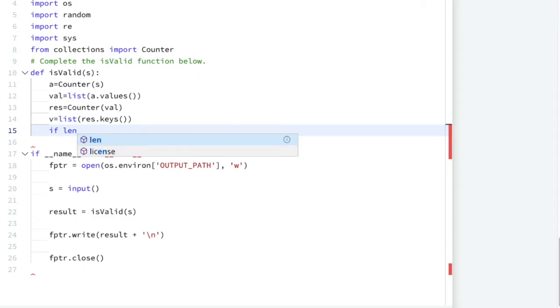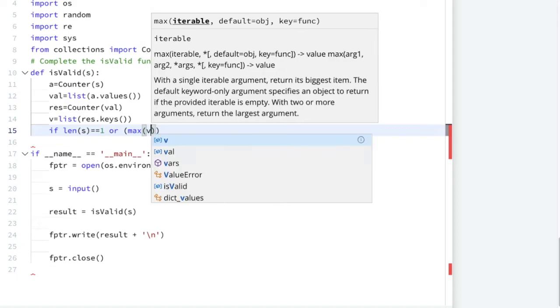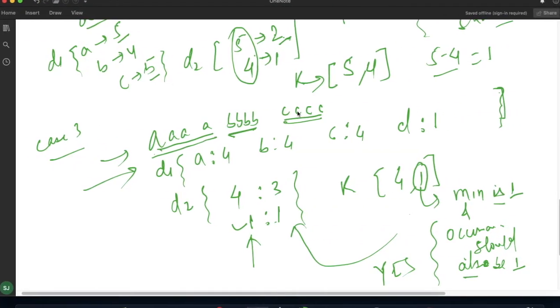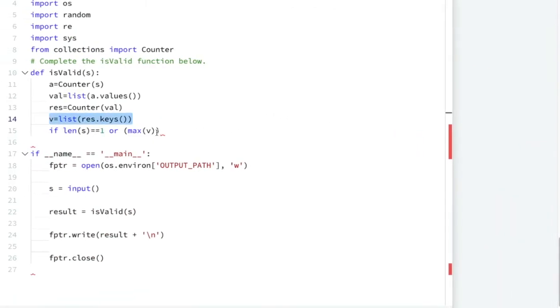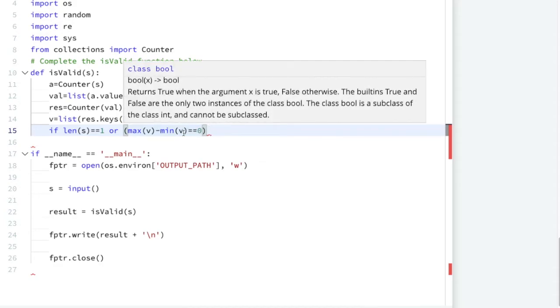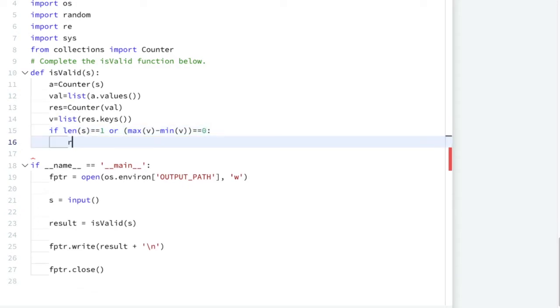We will check the length: if length of s is equal to 1, meaning only one character is present, or max of v, only the keys part, this is my key part, I will check the very first test case: if the maximum minus minimum is equal to 0, if max of v minus min of v equal to 0, then we have to return true. Return yes.